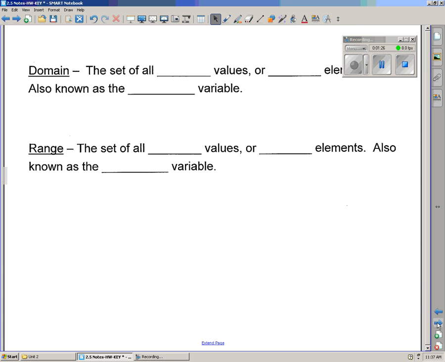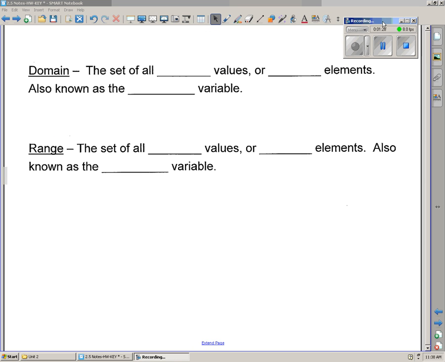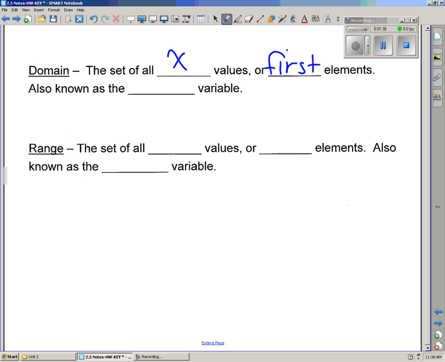When we talk about ordered pairs, we talk about things in terms of the domain and the range. The domain is the set of all the x values or all the first elements. It's also known as the independent variable. The range then is the set of all y values or of all second elements, and it's known as the dependent